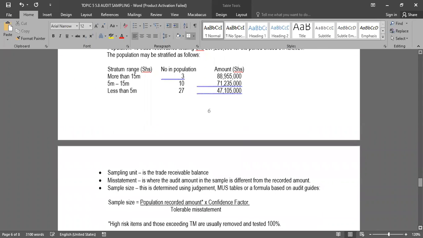Now, after coming up with the clusters, we are interested in the sampling unit. In this case, we are going to look at the trade